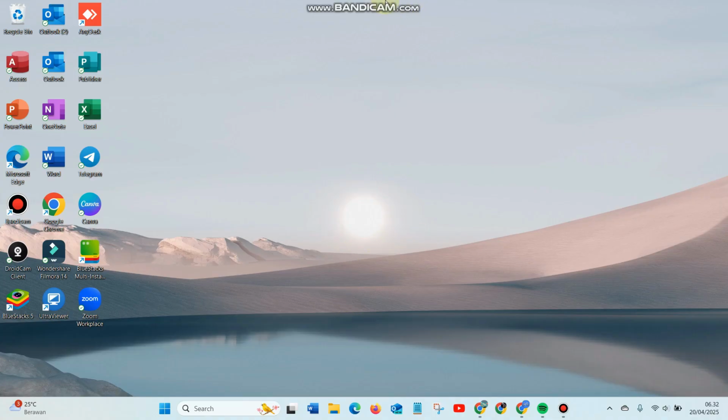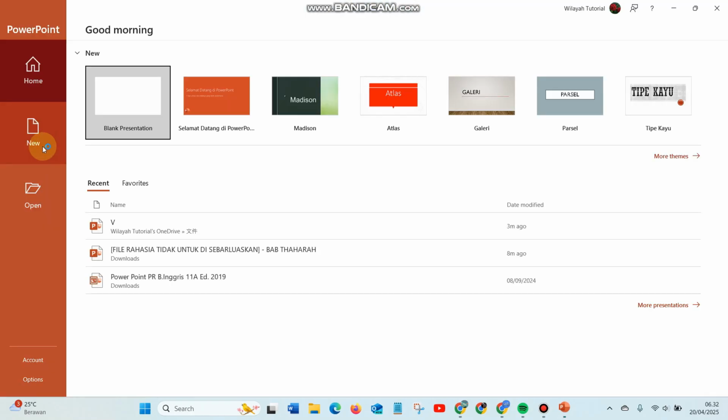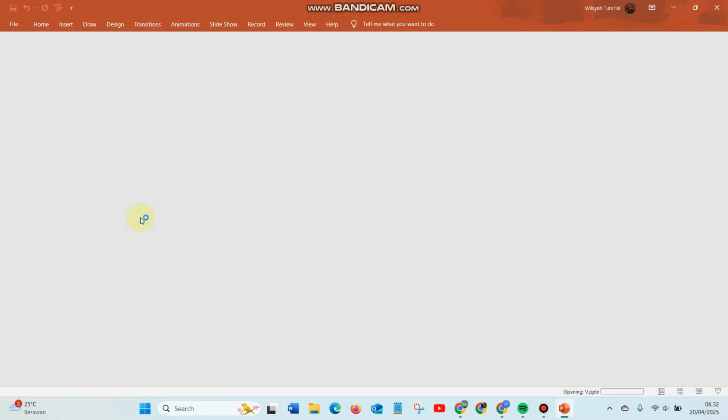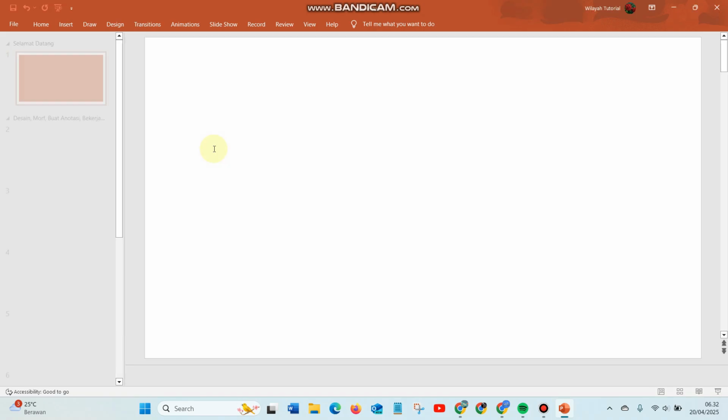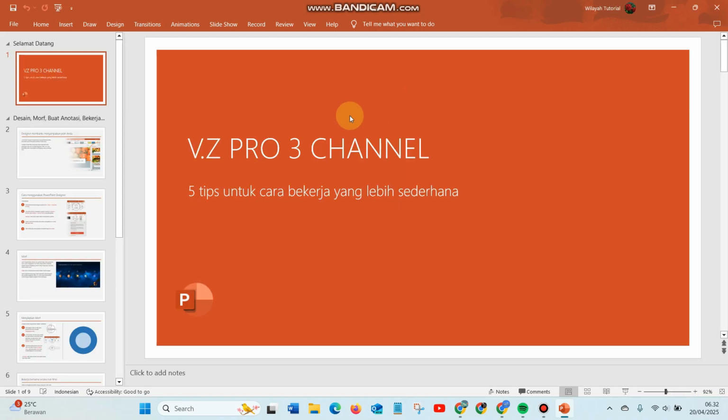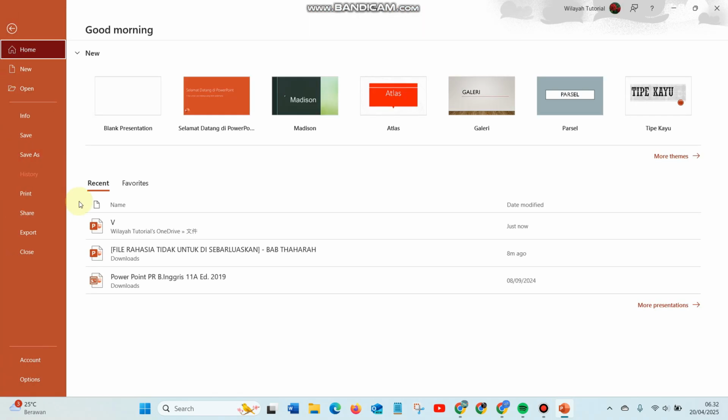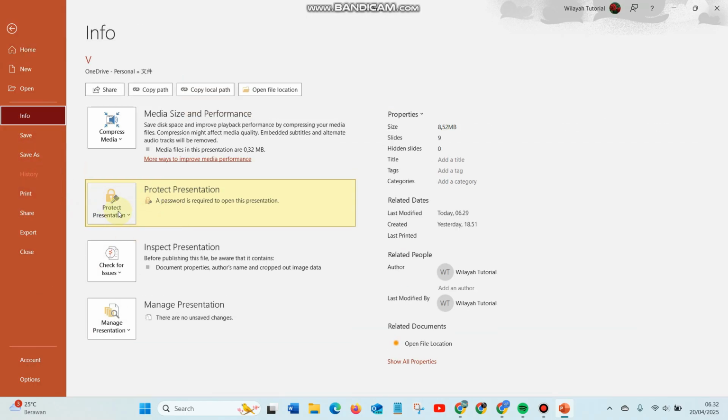It's very simple. So first of all, of course, we have to open the PowerPoint. Now, you can choose the file that you want to remove the password from. Here you can see it requires a password to open this file. You can enter the password first. Now you want to remove it. You can go to File. You can go to Info. And in here,